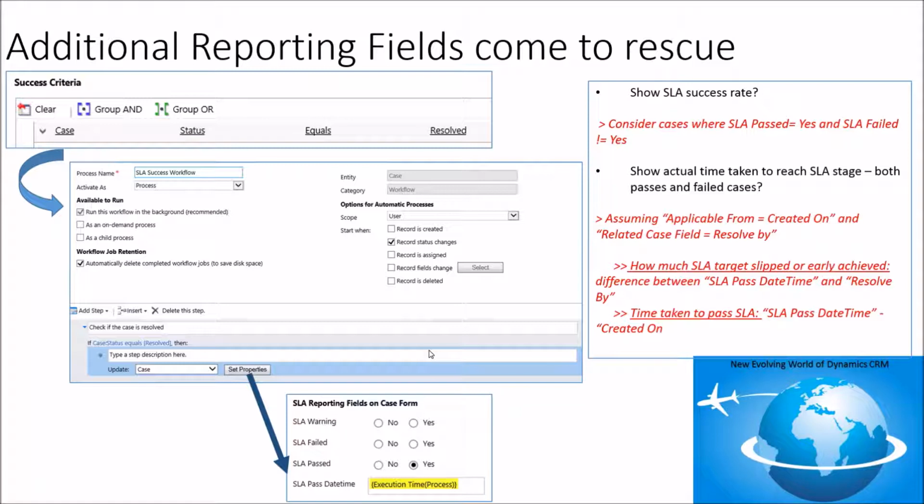Okay, simple. Then how long it took to pass the SLA stage? Again, very simple. The starting point is created on, and the actual ending point is SLA pass date time. So simply find the difference between these two timestamps to get to know how long it took to complete the job. So yeah, simple. So I just gave you some real-time examples of what kind of reports people want,